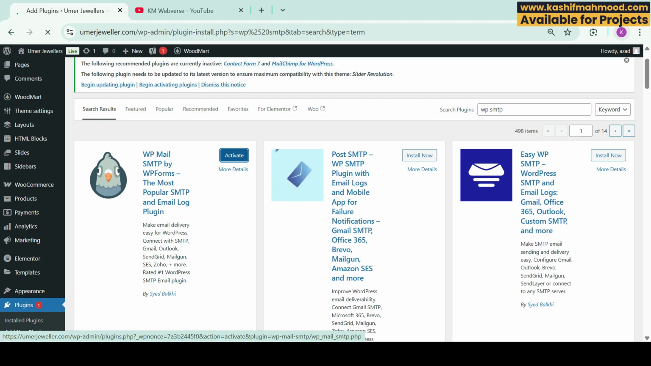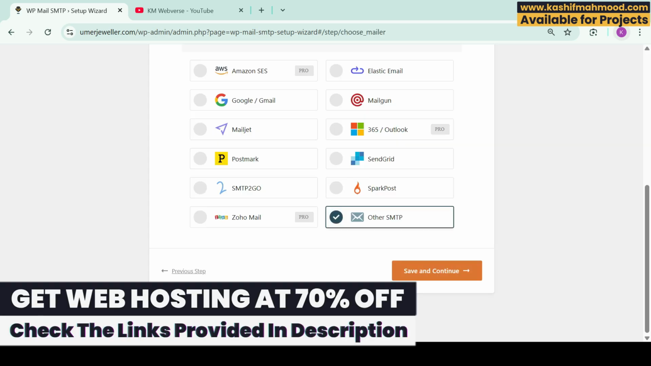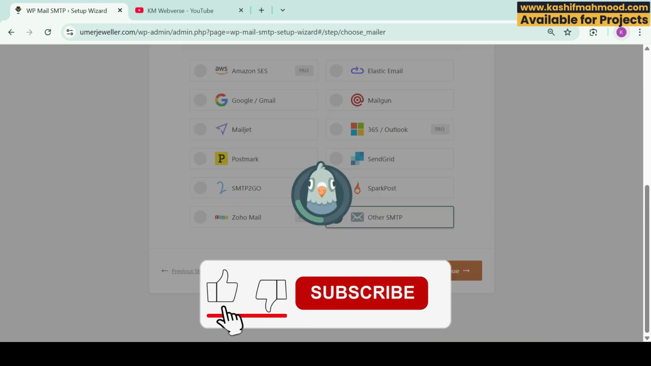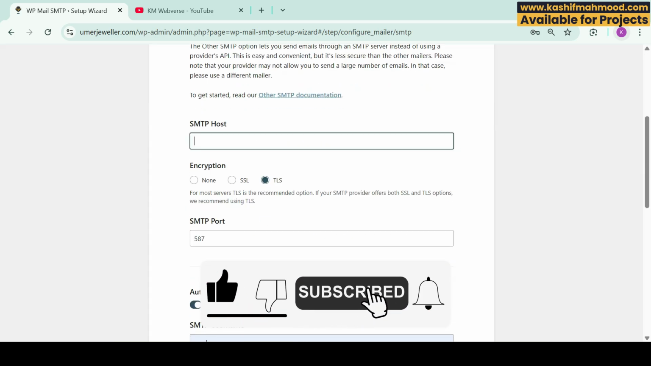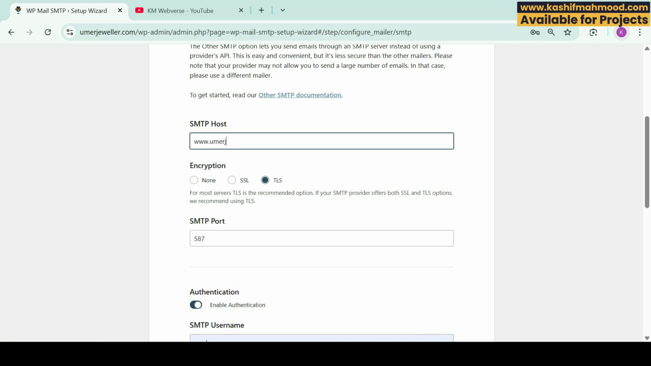Click on activate, and here you will see this setup wizard. You can click on let's get started. Here you can select other SMTP because we are using the SMTP created with our host. Just click on save and continue, and here you have to write the SMTP host. In my case it is my domain name, so you can try it with your domain name,